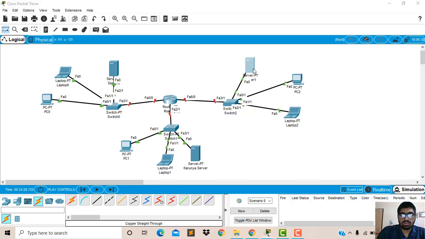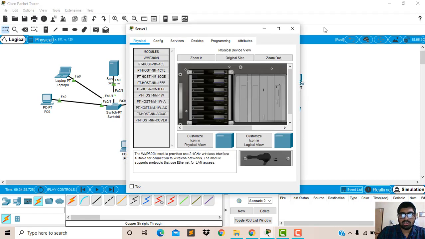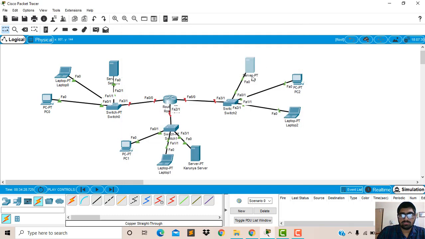Now we are using this server as a DHCP server. Now I have given the details about the DHCP server. It will automatically give the IP address to the PC as well as the laptop.